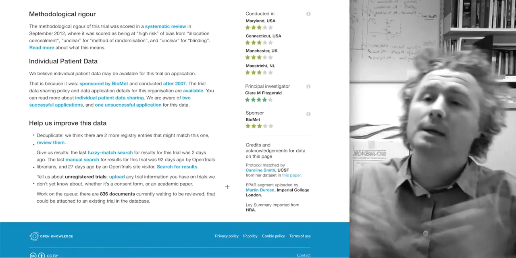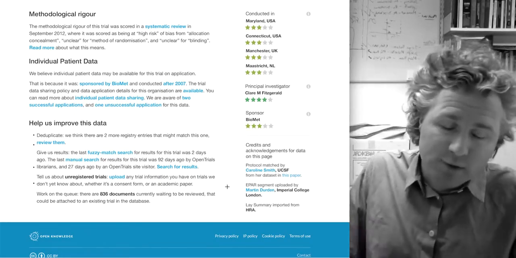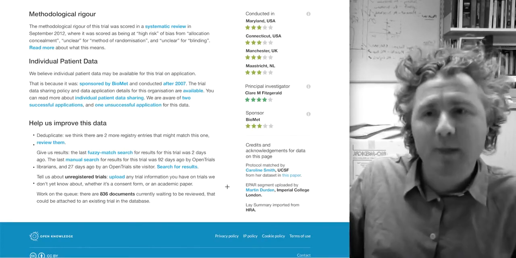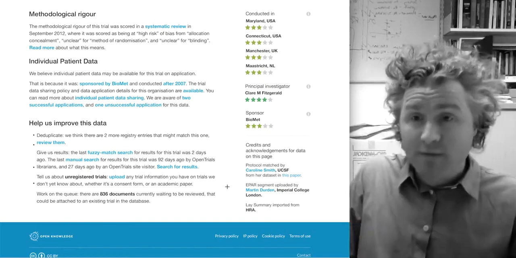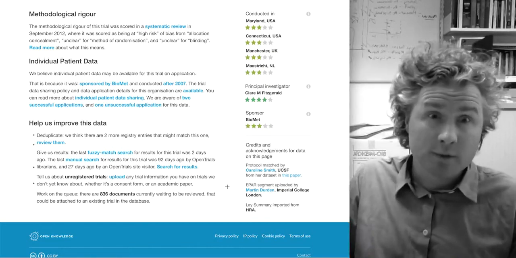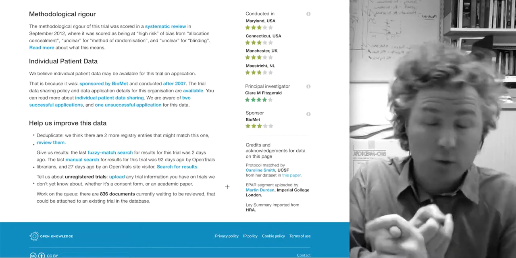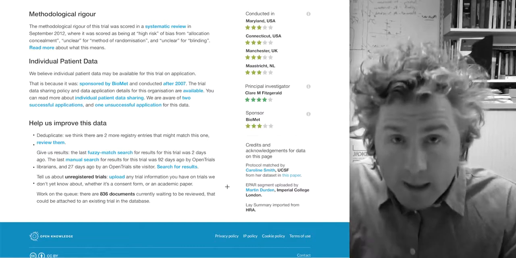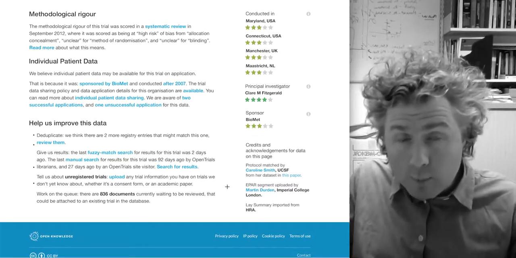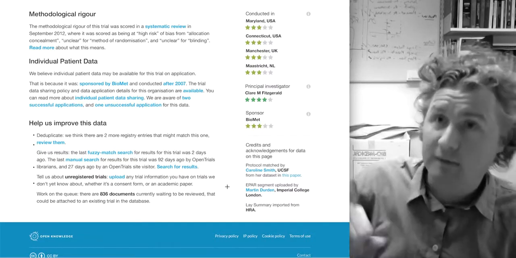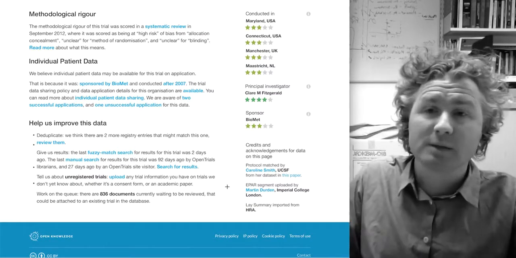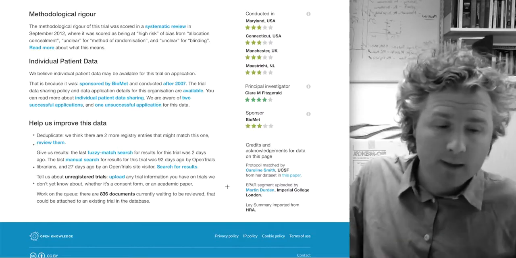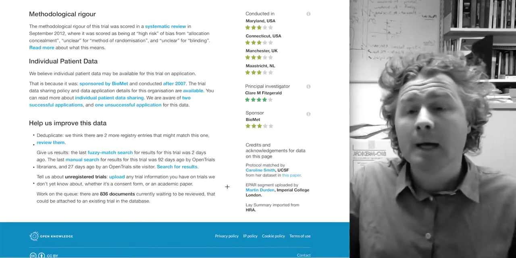Next, individual patient data. We are not in the business of hosting individual patient data, but we're very glad that other people are. More to say on that another time perhaps. We can also infer, firstly, whether or not individual patient data is available for a trial on application, because we know who sponsored it, what year it was done in, and we know what that organisation's rules are about sharing IPD. We can also walk you through the process of applying. We can point you to where it is, point you to the application process, and we can also track applications if we know about them, so we can say that people have applied for this and what the outcome was perhaps.